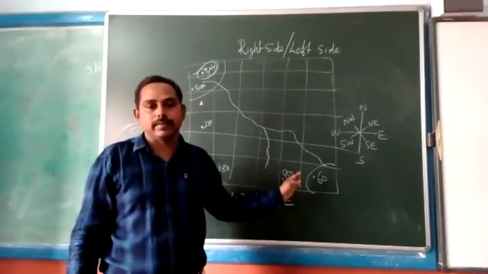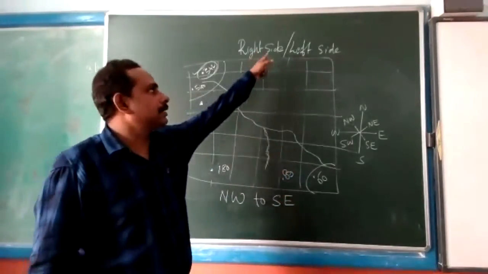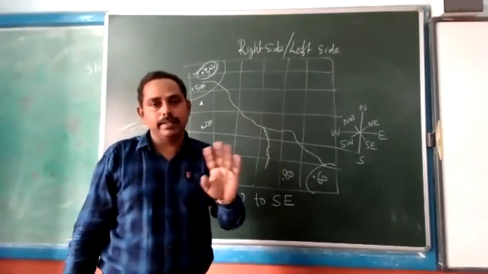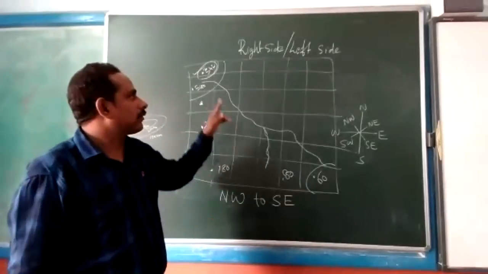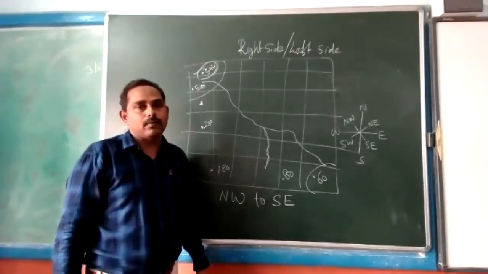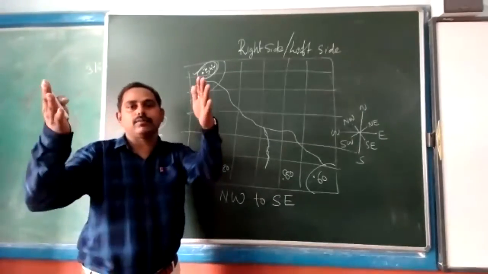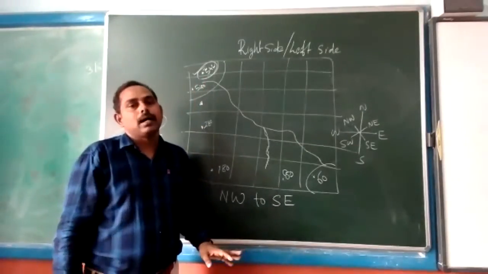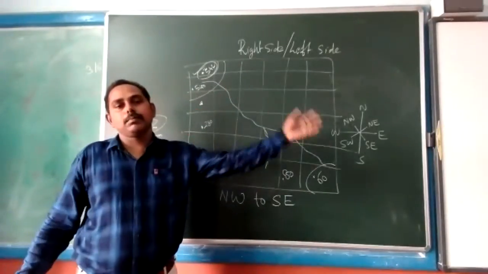The tributary's name it is giving. Then it asks whether it is the right side or the left side. Simply you don't write. How to find out which side? You have to imagine that from its origin, you are walking. In your book it is given that you are walking towards the flow of the river. Then your right side will be the right bank of the river, and your left side will be the left side of the river.